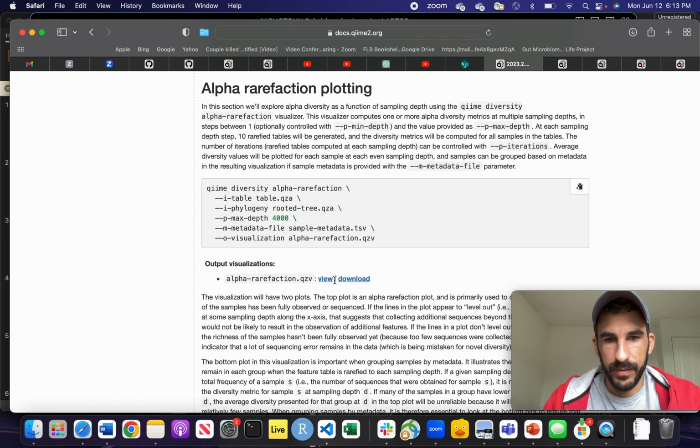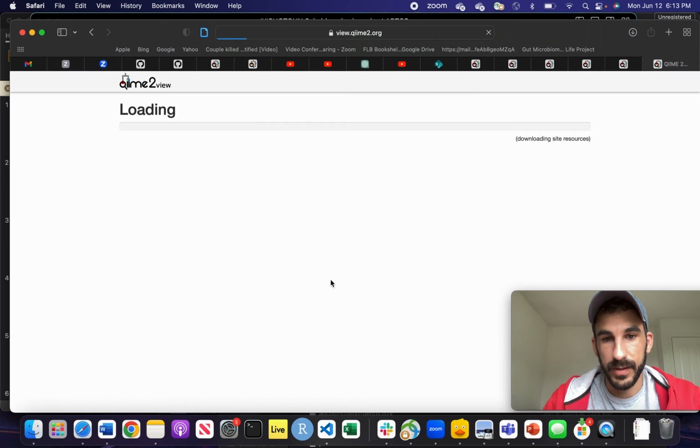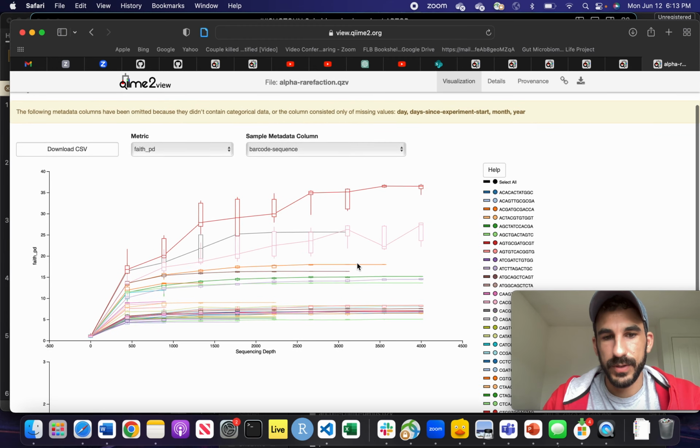So this file, the alpha-rarefaction file, is important because this kind of shows you what happens at different sequencing depths. So to remind everyone,